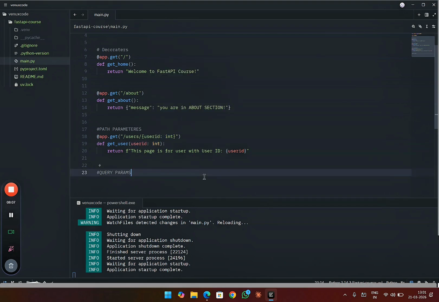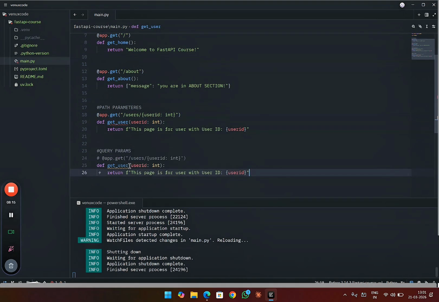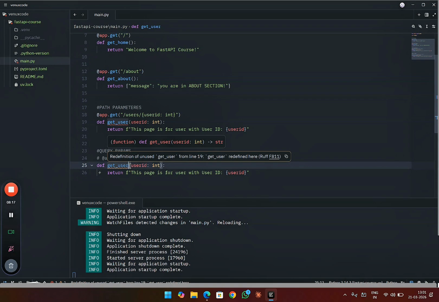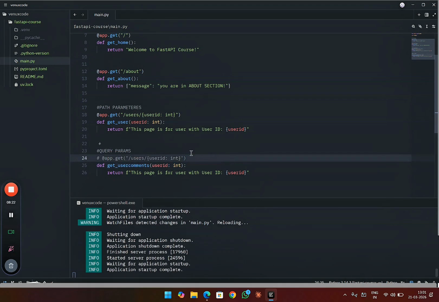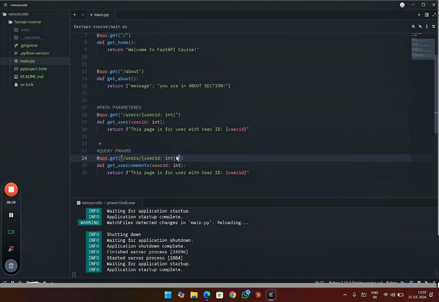For example, let's copy this, but in a different way. I'll say get user comments. Okay, and I'll remove this user ID int, and then I'll say slash comments,